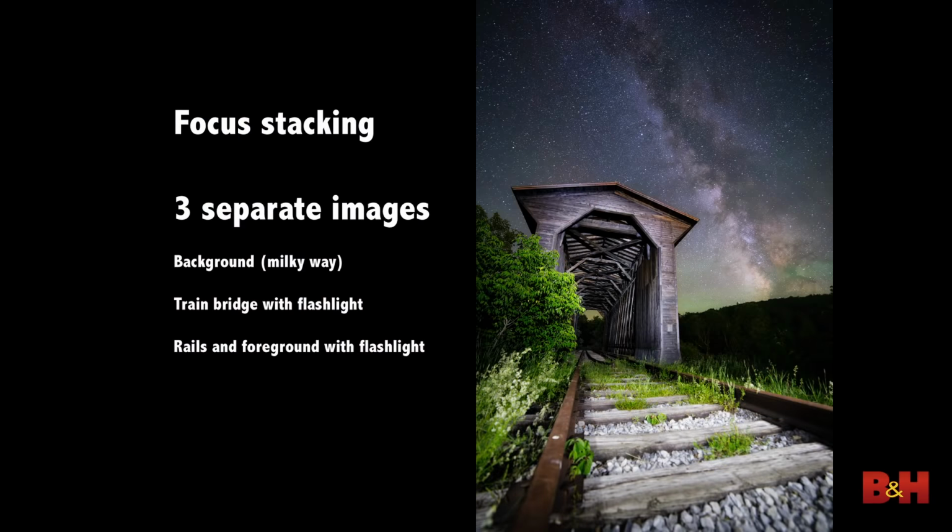This is an older image. So I focused in the beginning for this foreground here. I focused for the tracks real close. Not real close, but kind of in the middle of the plane. I did a separate exposure for the train bridge itself. And then I went back afterwards, focused for my infinity because it was easy for me to focus on infinity,